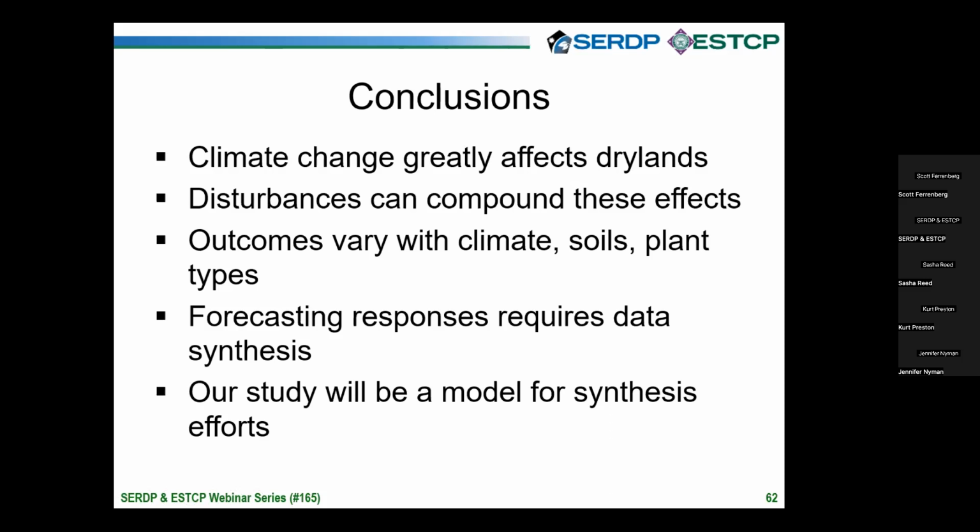The outcomes that we are seeing, both in our short-term experimental data and in those long-term Landsat records, both in Tyson's work, but also in the work of our broader group, is that everything varies with background climate regime, interannual climate variation, soils, and plant types. That's really not a surprise.